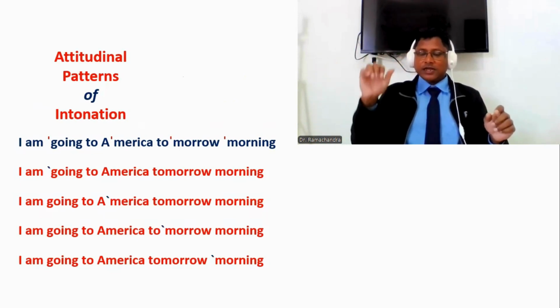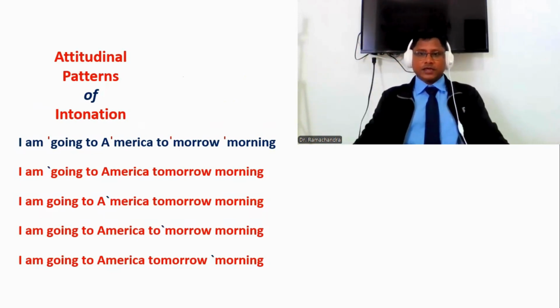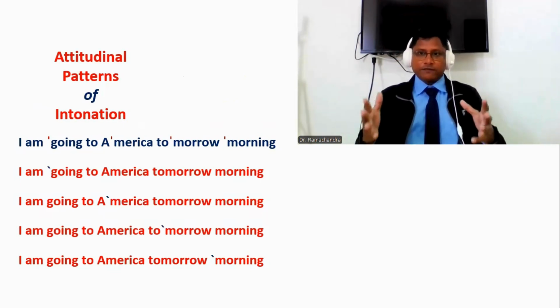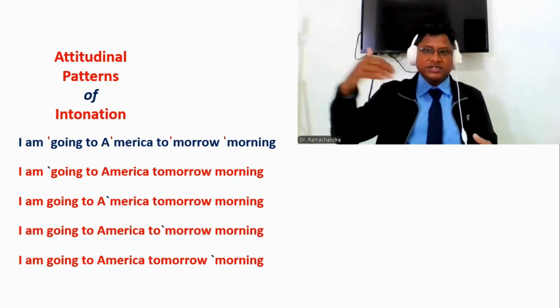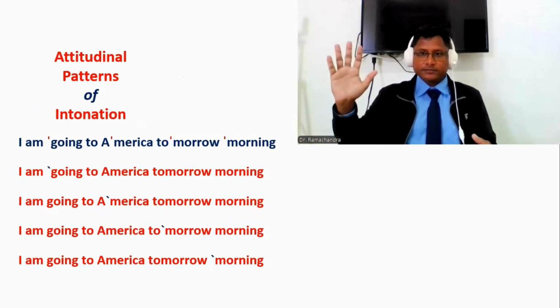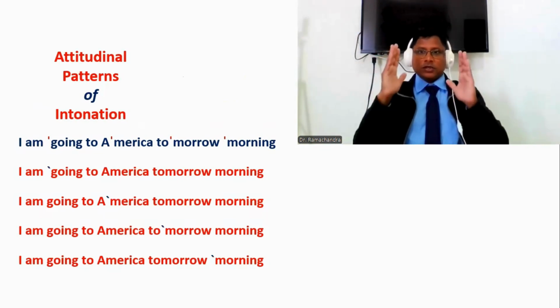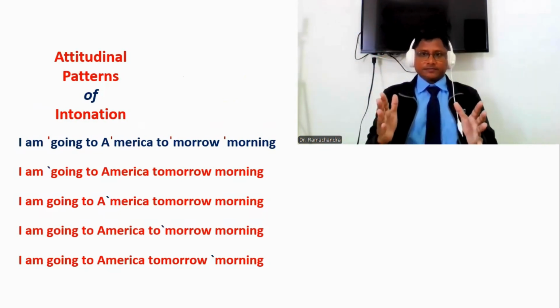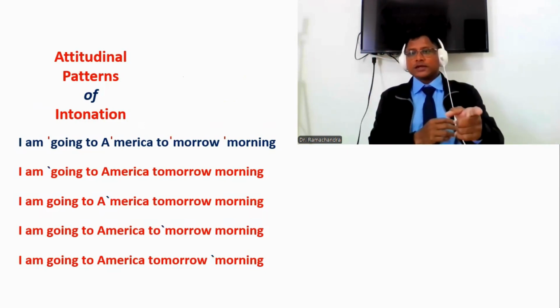Stress, rhythm, and intonation, they use frequently. So we have to follow them. You don't imitate them. Don't care about native speakers or non-native speakers or anyone. But you should be globally intelligible when you listen, when you speak. For that, you have to practice this,